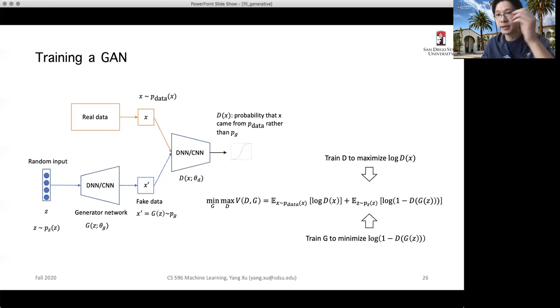And if the discriminator is too weak, that it doesn't tell any difference between real and fake, then the generator also cannot grow much, because it realizes that, okay, I can randomly generate some meaningless information, and that will fool the discriminator. Anyway, the training process is very tricky for training a GAN model.